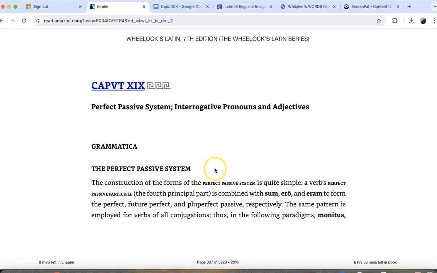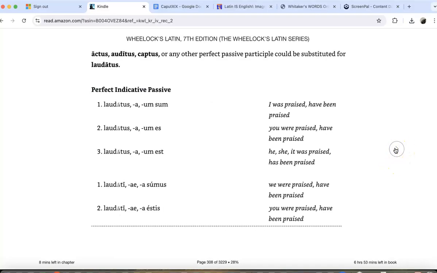So here we have the perfect passive system. And in particular, pay attention to the paradigms and how to translate them and read them in English. We will be referring to these paradigms throughout our lesson today. Sometimes it's possible to translate it using a form of the simple past, especially in the first person singular, but still with our participle. Other times we want to use the verb to be in some form in our passive